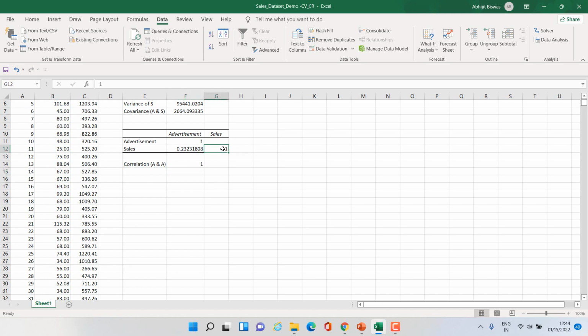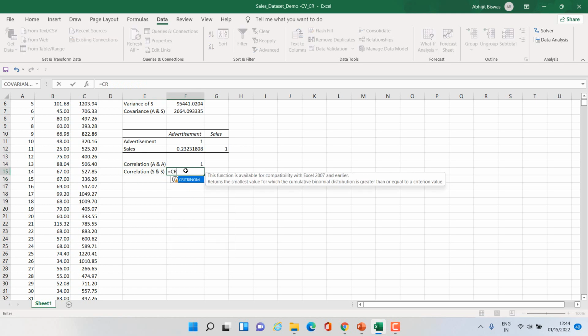Similarly, this number represents correlation between sales and sales. You can cross verify correlation between S and S. Again, I'll be using correl function.